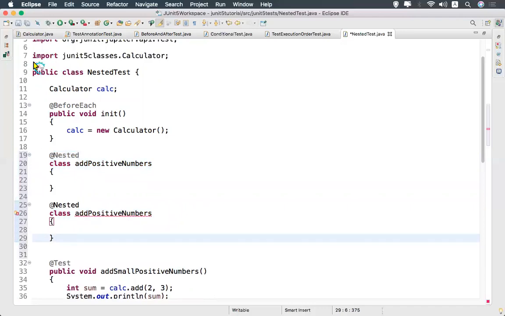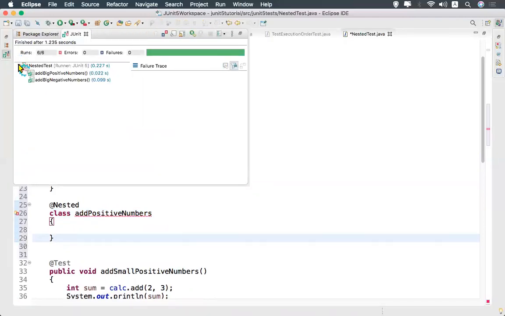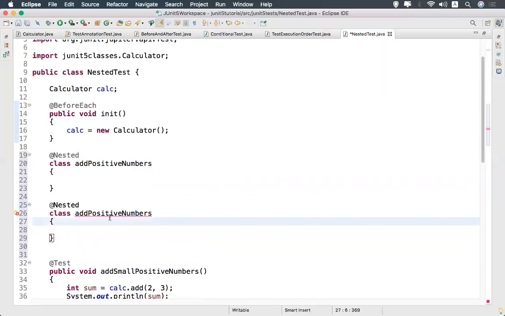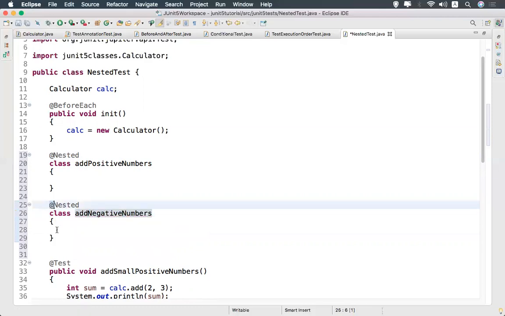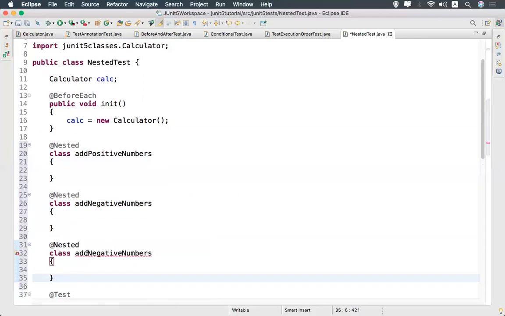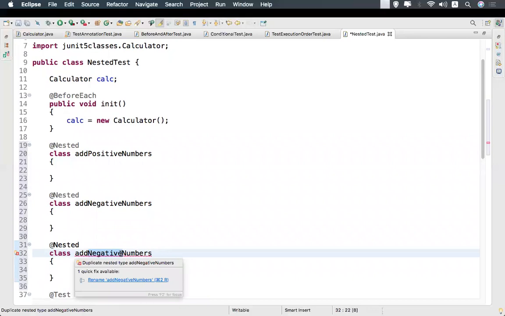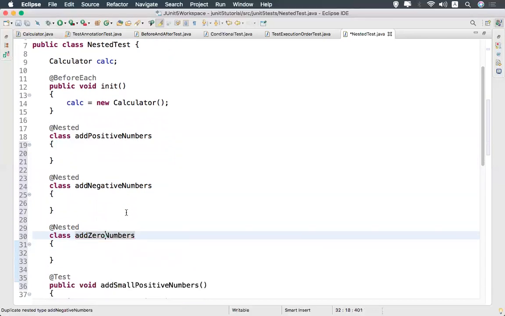If you go to the previous run, you see everything: add negative, zero, positive zero, add small positive, add small negative. You have 6 test cases showing, all 6. After writing this nested, we'll see what happens in the output. Add negative numbers, I'll take one more here, and add zero numbers.